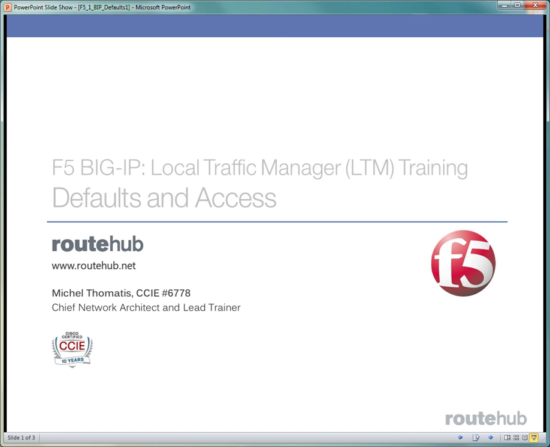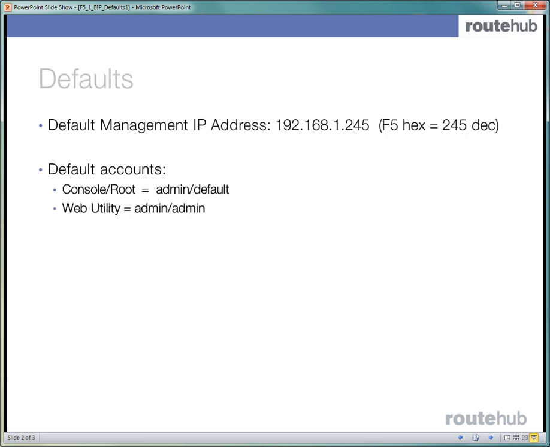Before we set up our management interface, let me explain some of the relevant concepts to keep in mind. When the BigIP is installed, or if it is new out of the box, these are the defaults that can be used. So the default management IP address on a BigIP is 192.168.1.245. This means that if you have the management interface plugged into some switch and your computer is connected to